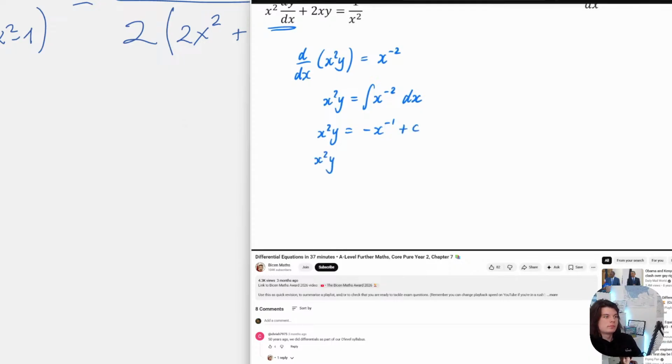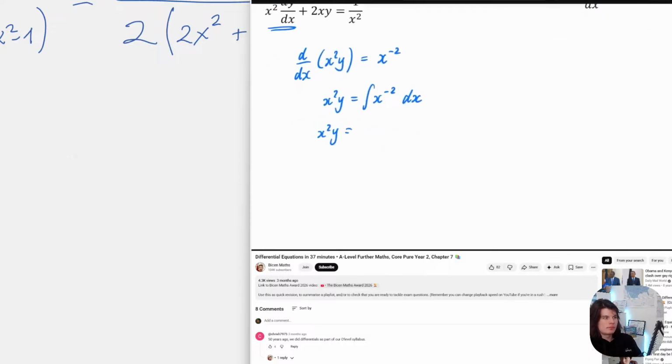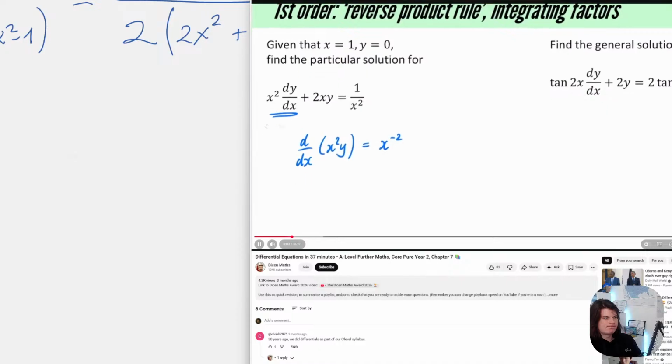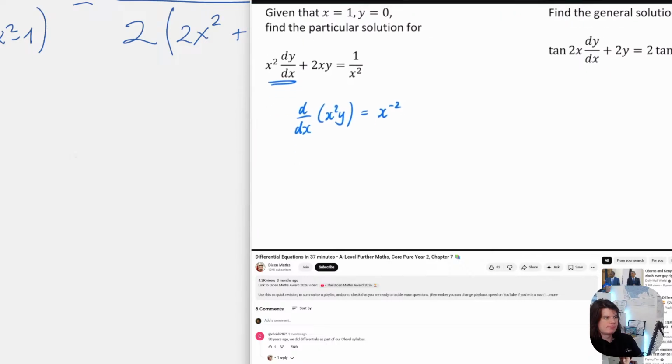So we have x squared y equals minus 1 over x plus, and divide by doing the opposite, which is to integrate, which means that x squared y must be the integral of x to the power of minus 2 with respect to x. So x squared y is equal to x to the power of minus 2. So this is what we mean by this differentiation. And that is therefore equal to 1 over x squared, which is x to the power of minus 2. So this is what we mean by the reverse product